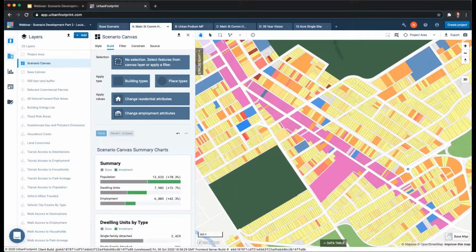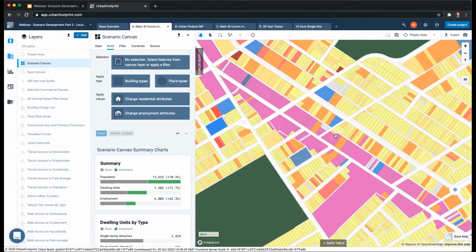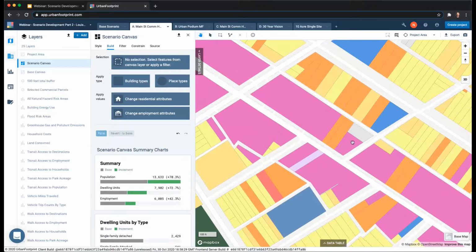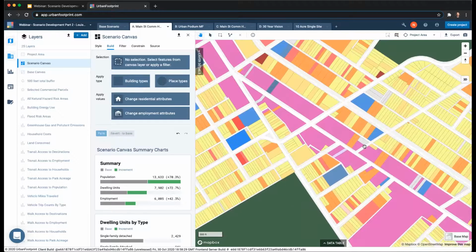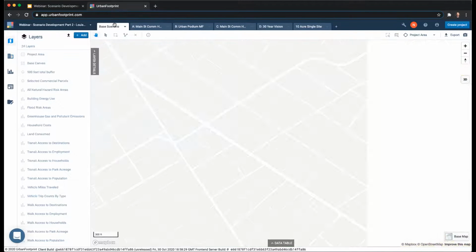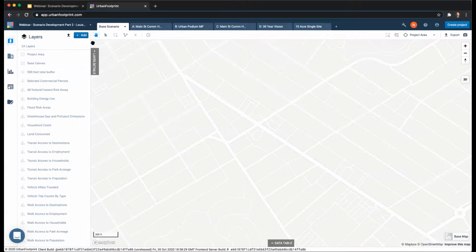Next question is, looks like it's related to updating the base canvas. And I think the question is asking whether that can be done after you've started doing scenario development. Yes, actually, you do have the option. As you're going into these particular parcels and zooming in and making land use changes, occasionally you'll notice a parcel that may be typed something other than what you want it to be. So you do have the option to go back into the base scenario, and